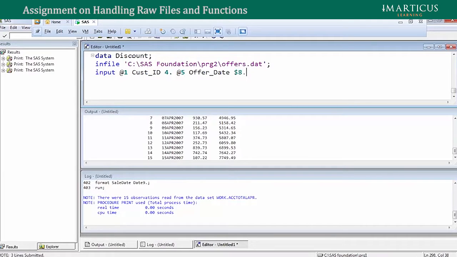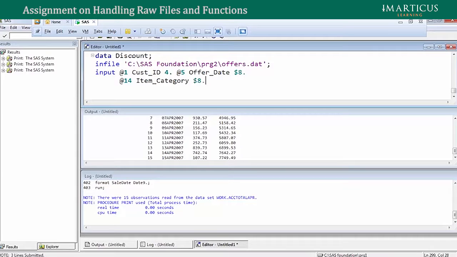So I say $8 dot. Then my next value is, 13 is a space, and 14 is the next value beginning. So I say @14 item category. This is 14 to 21, that is 8 characters again. So I say